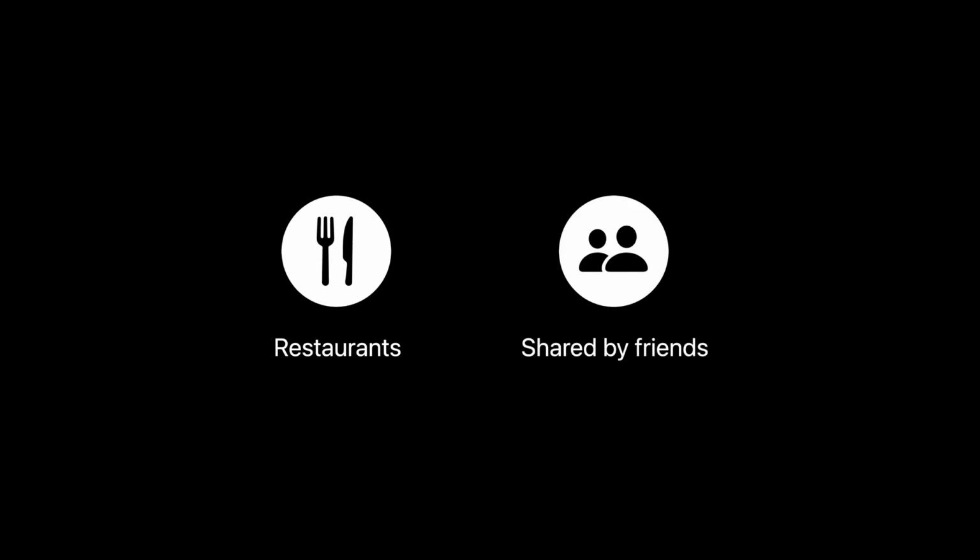So we put ourselves in the position of the people using our app. How would people discover toast in real life? In what context? What is people's behavior regarding toast? Well, they find new toast when they try new restaurants or when friends recommend them. This led us to organize recommendations based on whether they are from restaurants or shared by friends. These 2 categories apply to other motivations than just making a piece of toast. It's about getting to know restaurants in your area better and connecting with friends. It is more interesting and engaging to discover content this way.